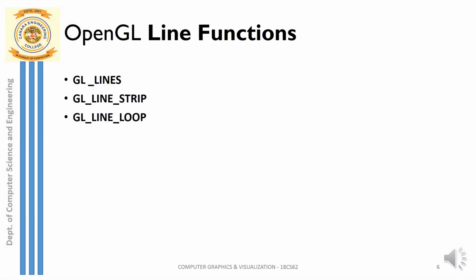Next we will see about the line, how to display a line, and also we will see different types of lines that can be displayed on the screen, and what are the corresponding OpenGL functions to display the line. So these are all the basic primitives. We started with the basic primitive point. Now we moved on to the next basic primitive, line. So the first one, let us see, that is GL_LINES.